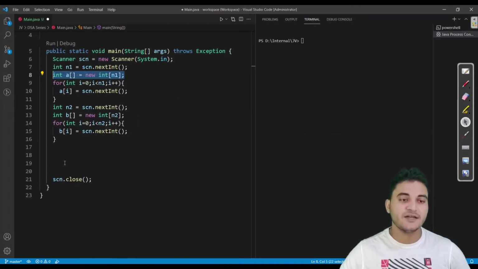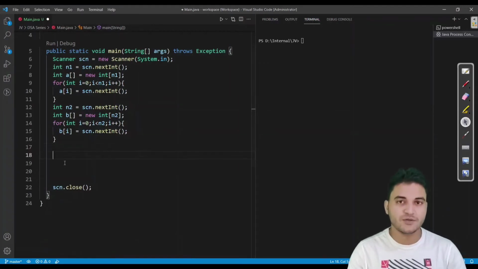Now we have declared an array of n1 size, and we have taken the n1 numbers from the user, and we have stored them into A. Fine. Same goes for B also. We have taken the size for the B array, and we have declared an array, and we have entered the n2 numbers for B. That means we are done with our input taking process.